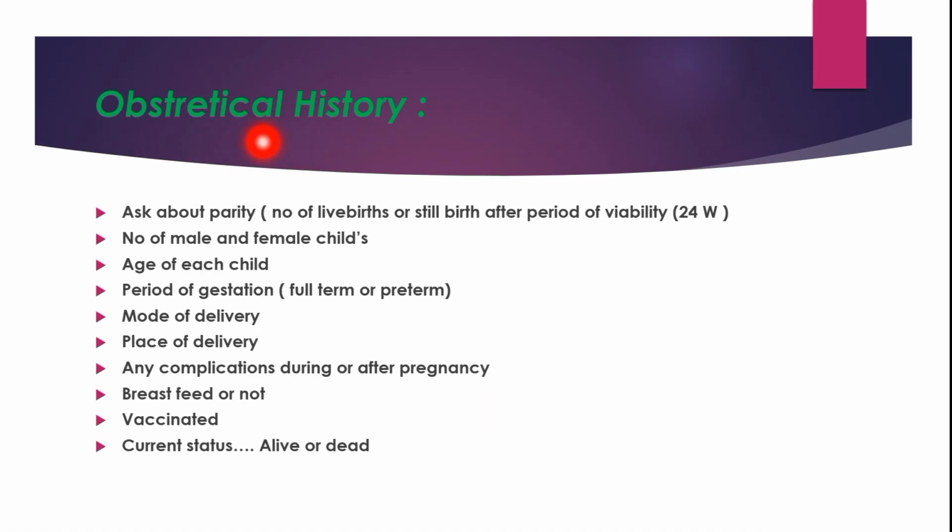So the next one is the past obstetrical history. So in obstetrical history, ask about the parity. Parity means the number of live births or stillbirths after the period of viability, and the period of viability is 24 weeks. Similarly, also ask about the number of male children and female children, and also ask about the age